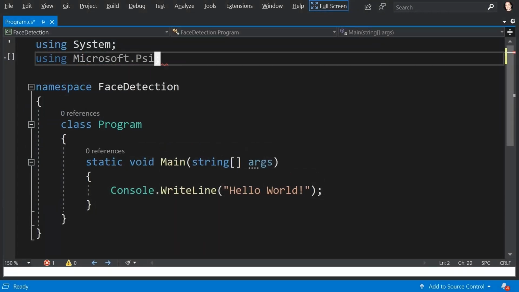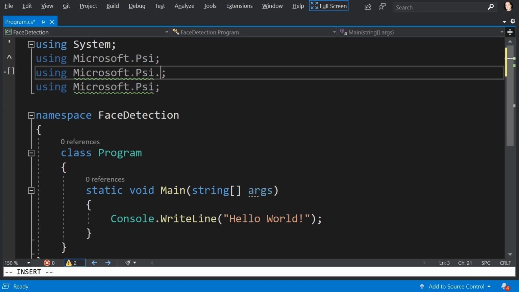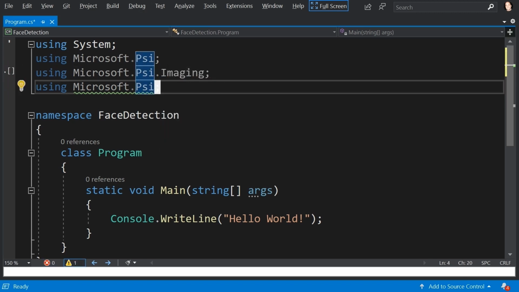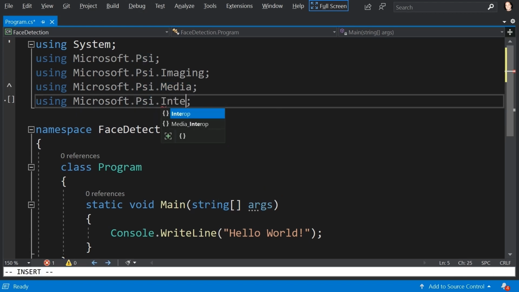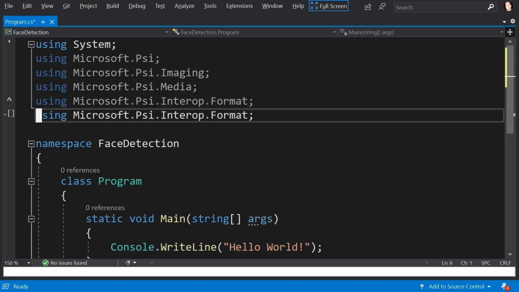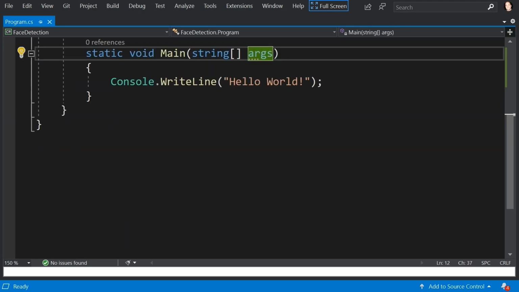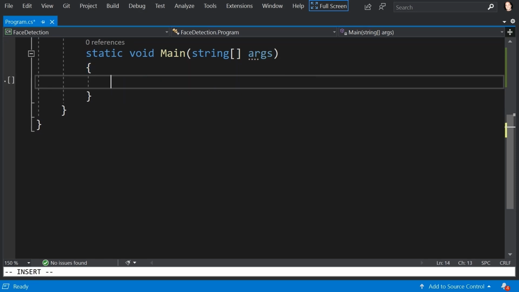Of course, Psi itself for the runtime. And we'll also need imaging and media. And of course, interop. And now interop is broken into two pieces. So there's the formats, which include things like JSON and message pack, and there's transports for things like 0MQ. So any Psi application begins with creating a Psi pipeline, and everything runs within that pipeline, and disposing of that